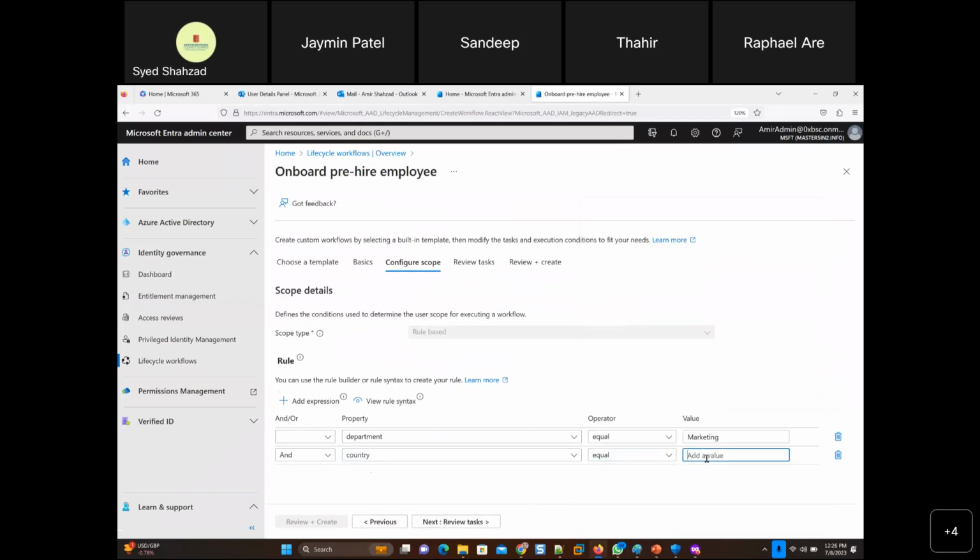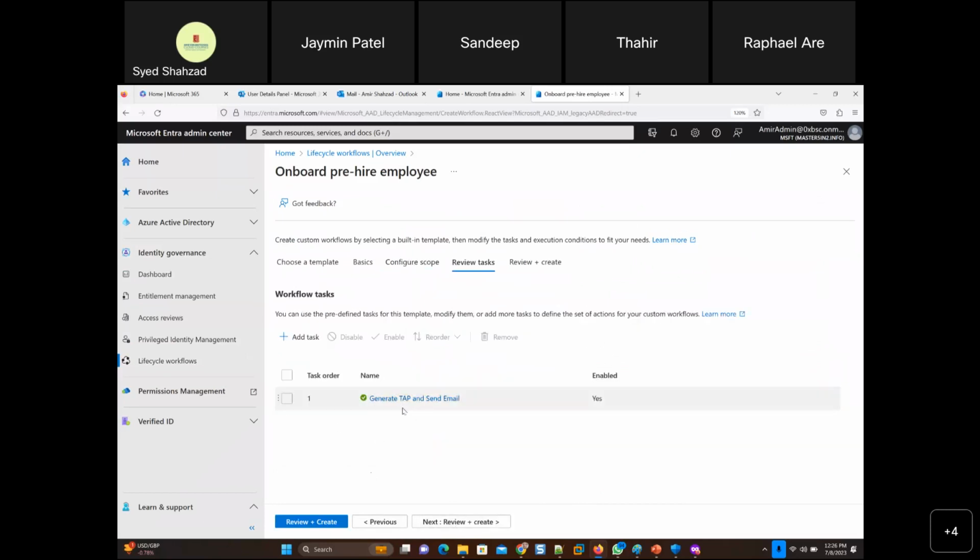But you can put a huge amount of stuff here, right? So it will save you time next time, obviously, when and before the new hire is coming to the company. This you are doing as an administrator. So put Canada, and then you can put as much as you like. And review tasks. Now the tab is good.